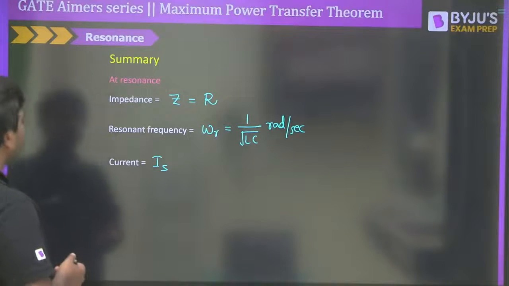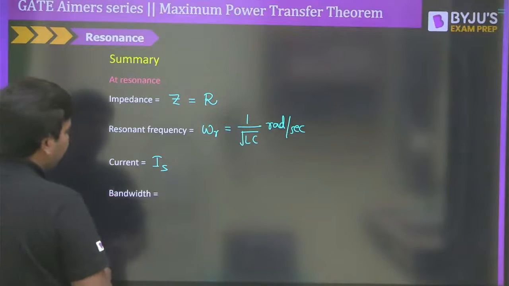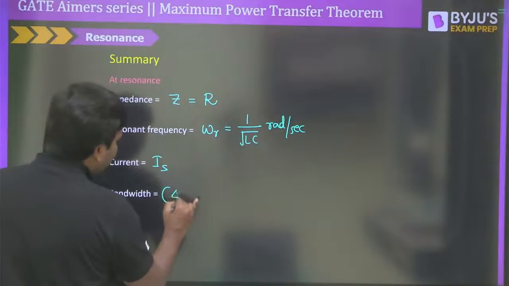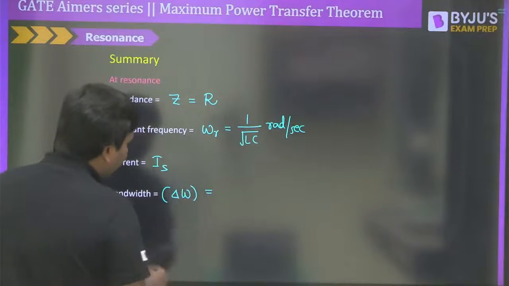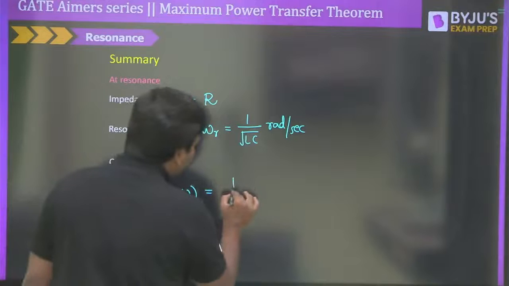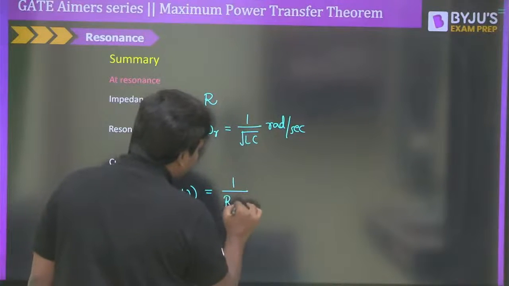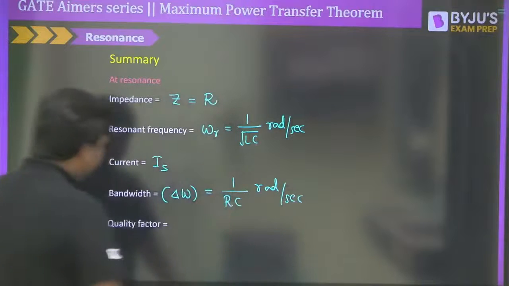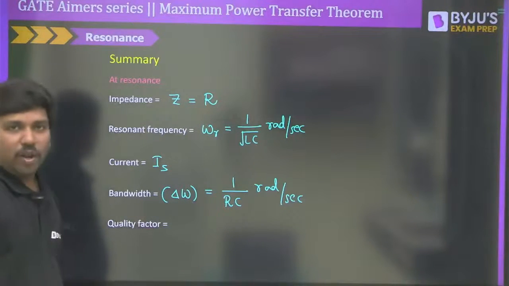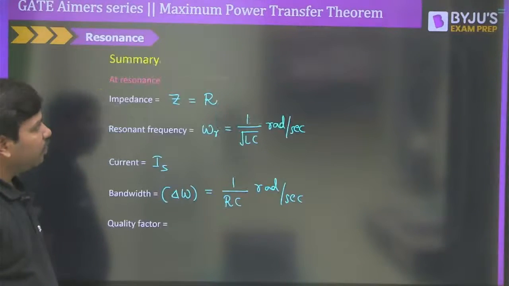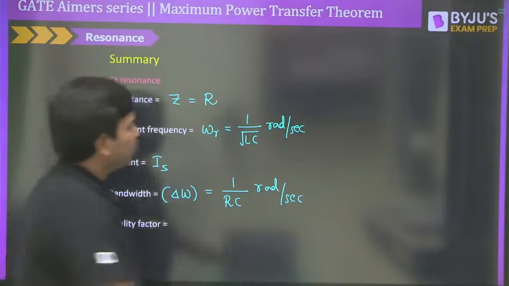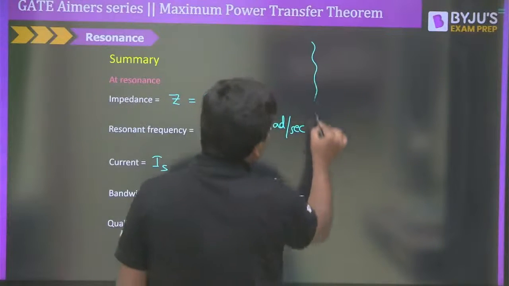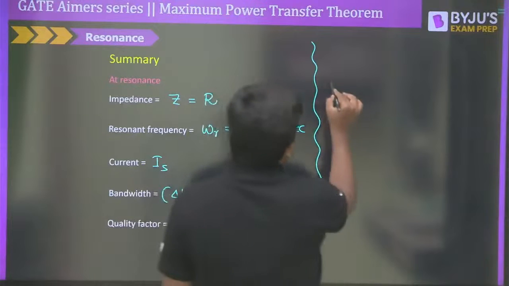But what is more important to understand is the bandwidth, right? So we have calculated the bandwidth so clearly. What would be the bandwidth here? As Ansari already told, this is going to be equal to 1 by RC radian per second. So this is all important, and we require the quality factor. How do we find the quality factor? Can anybody say? So the quality factor calculation is important. Let me write down the quality factor calculation.